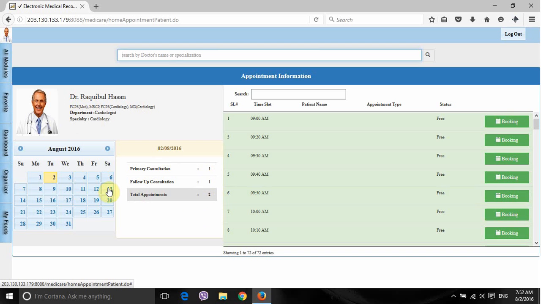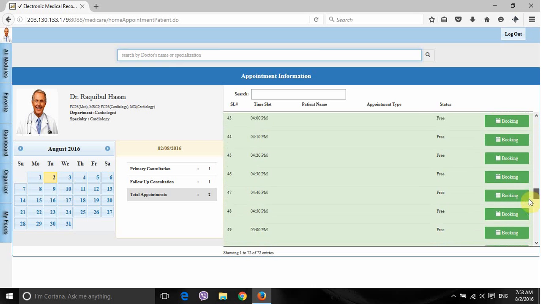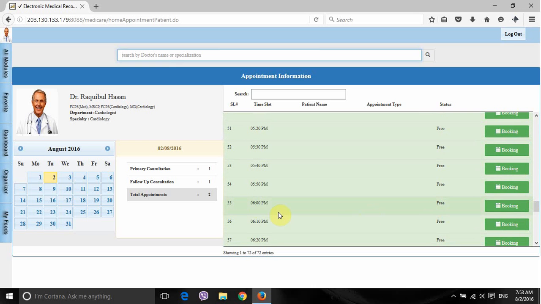In order to set up an appointment, we have to select an option from here. As you can see, there are multiple options, multiple time slots in which the doctor is available for the patient. We'll go down and we'll select an evening time. Let it be 6 p.m. and we see that on this very day the doctor is free. If you go to the next day,